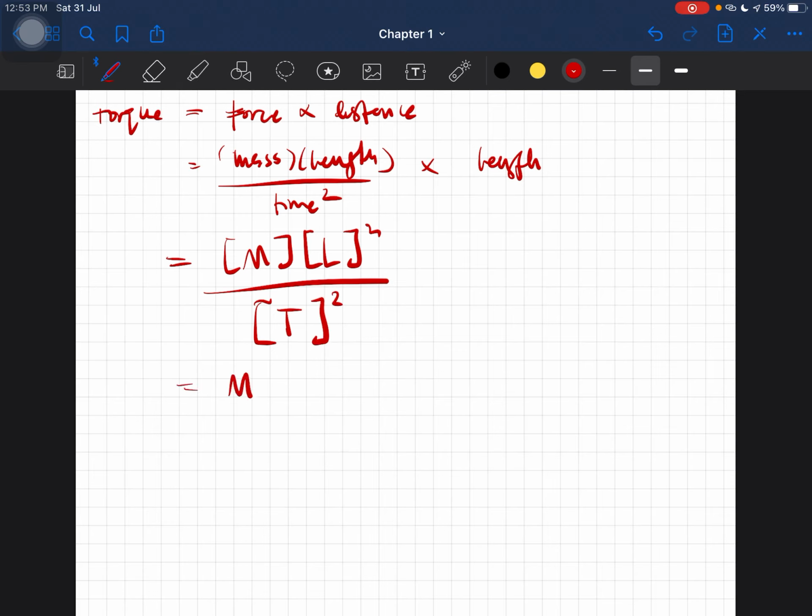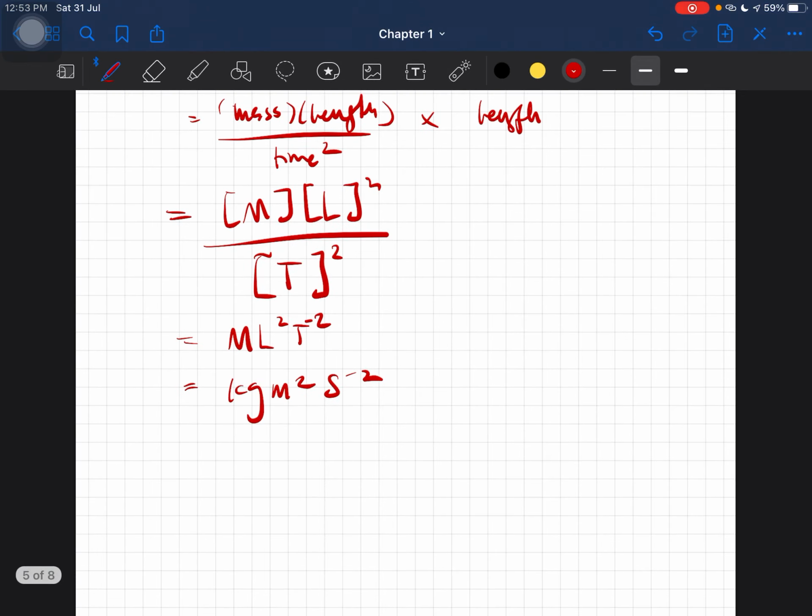Okay, so we get m l square t negative 2, sorry. So we get kilogram meter square per second. Okay, per square second. Yeah, per square second. Okay, right, so that is the